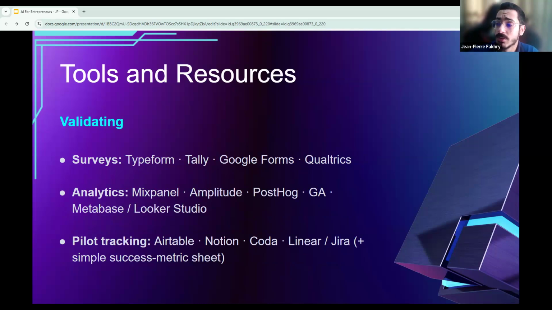Also, we have analytics tools like Mixpanel, Amplitude. Basically, Mixpanel, for example, helps you track what users actually do in your products. So it is the gold standard for product analytics, especially at your stage where you're starting from nothing. It's very important to understand not just how many people visit your product, but what specific actions they take, in what order, and where they drop off, what makes them leave, what makes them stay, etc. So unlike Google Analytics, which is primarily designed for website traffic, Mixpanel is built for in-product behavior tracking. And this is very, very important, guys.